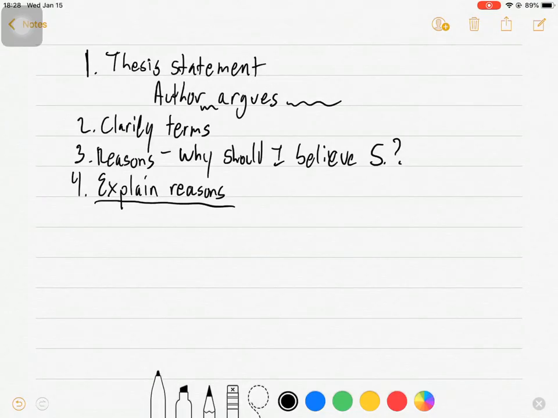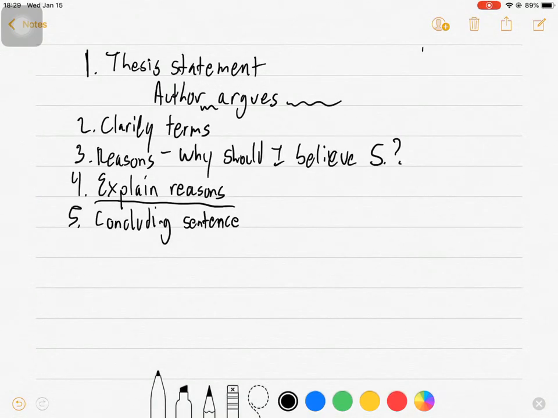Give additional examples. Try to clarify any terms that come up, but really try to motivate things on behalf of the author. And 5, maybe a concluding sentence. In larger papers, you'll have a concluding paragraph that summarizes what it is that you've argued for, things that maybe you would consider in a longer paper, additional projects that could follow or would be tangential to some of the things that you discussed, but you don't got time for that. You have 350 words to finish this assignment. But having a concluding sentence or 2 that wraps up some of the things would be nice if you have space to be able to fit those in.